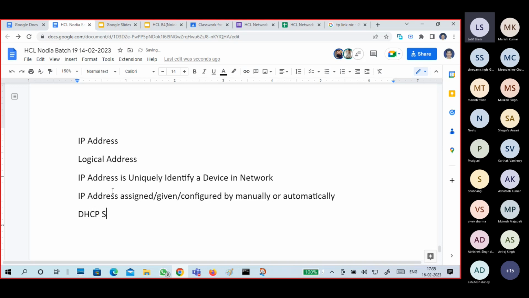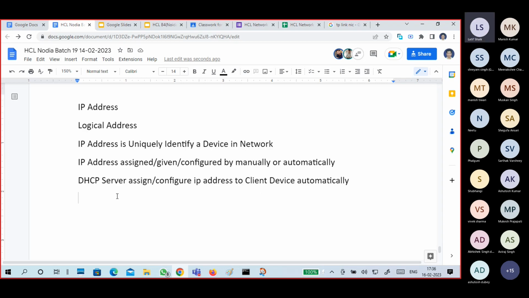DHCP server assigns or configures IP addresses to client devices automatically. So from where are you getting an IP address automatically? From DHCP server, or you can configure manually. I will show how to configure a manual IP address. First of all we are going to